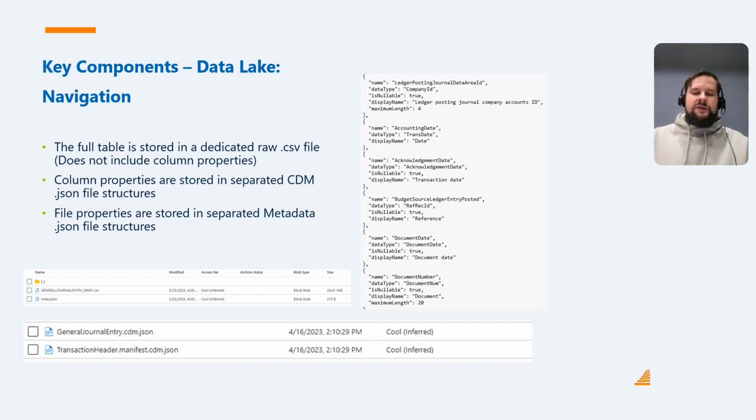Now, Azure Data Lake supports two types of data flows. It supports full pushes, or full exports, and these full exports are happening all the time. You will always have one file, which is the CSV file here, and that CSV file will always have the full data. So if you want to read all the data within a table, then you go to the general journal CSV and you read the full data, right? Whenever it performs an export, it does a full push, so it re-exports everything.